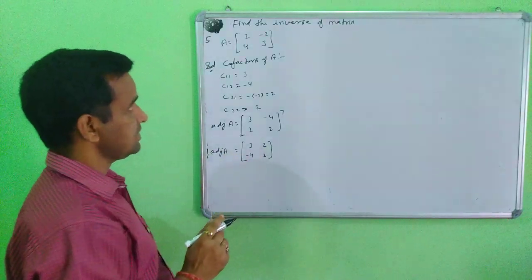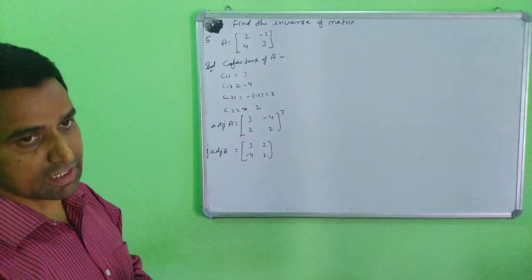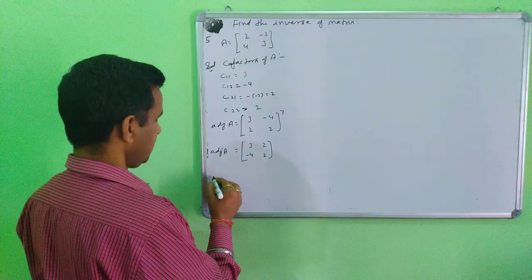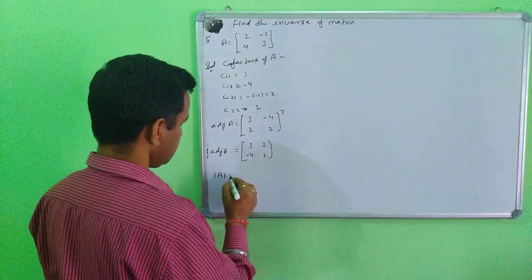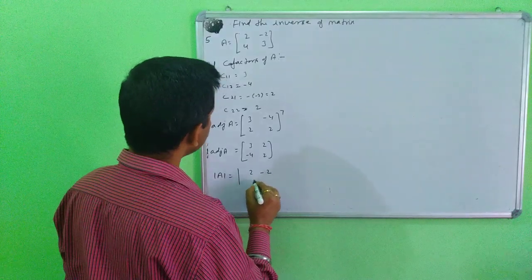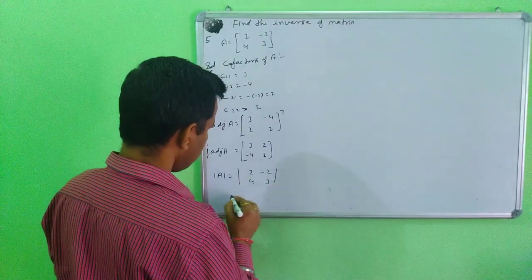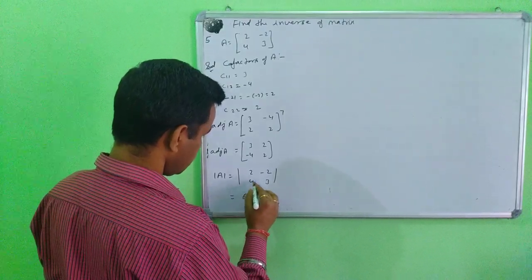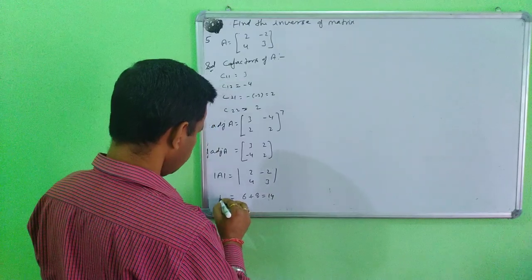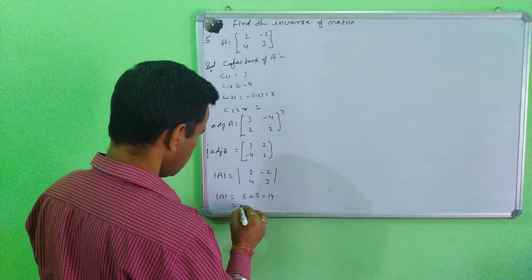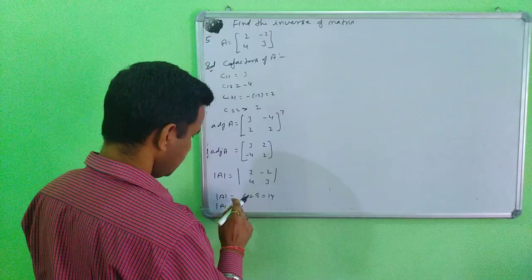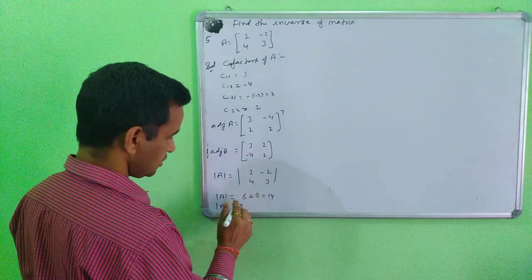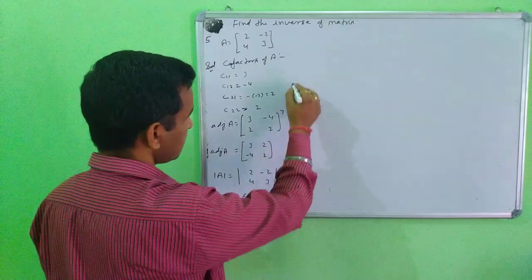After that, you will check here the determinant value of this matrix, singular or non-singular. So now find here the determinant value of this matrix. So 2 minus 2, 4 and 3. Then you will find here 3 2s are 6 and minus plus 4 4s are 8. So this will come here 14. Determinant value here is not 0. This is 3 2s are 6 and 4 4s are 8, minus plus 8, 14. This is not 0.